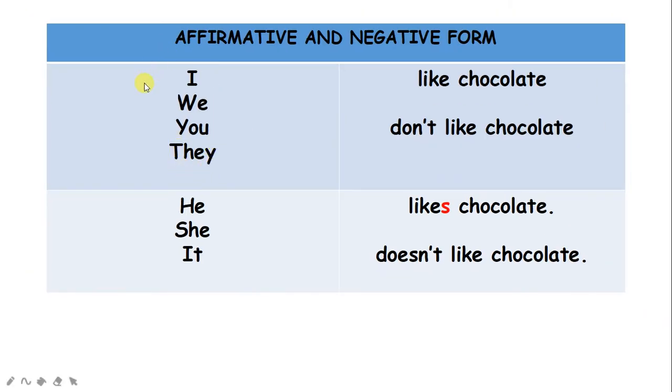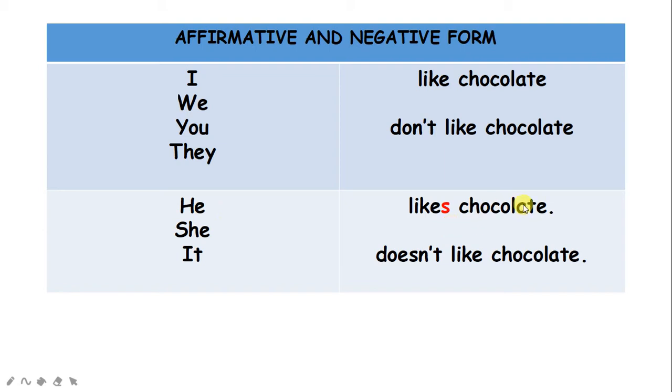We divide it into two parts. The first one is the subject I, we, you, and they. And the second one is for subject he, she, or it. For example, I like chocolate. I don't like chocolate. In negative, we add don't. And for the second one,